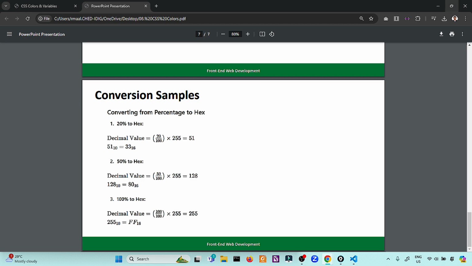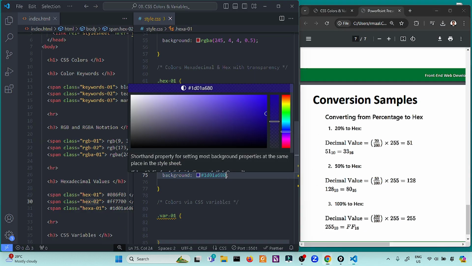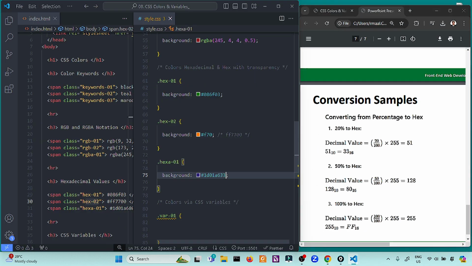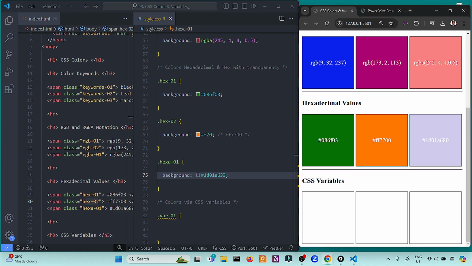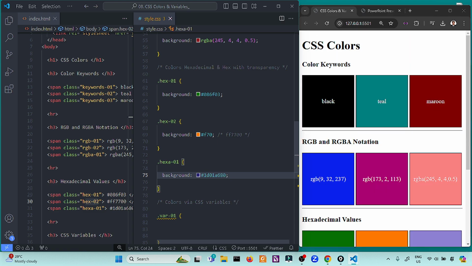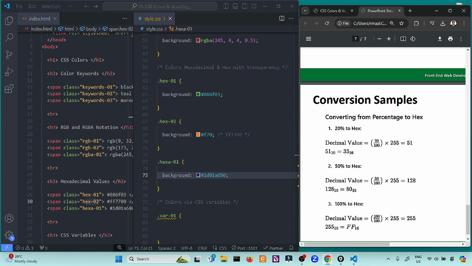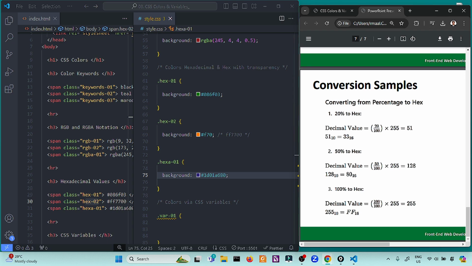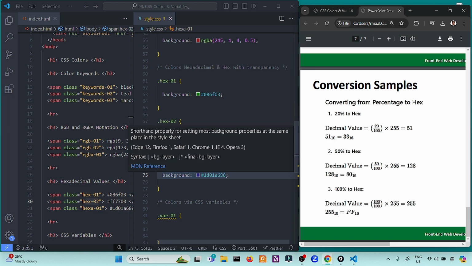So if you want 20% transparency, the last number is 33. If you want 50% transparency, the last number will be 80. So 50 over 100 times 255 equals 128 in decimal. When you convert it to hexadecimal, it is 80.